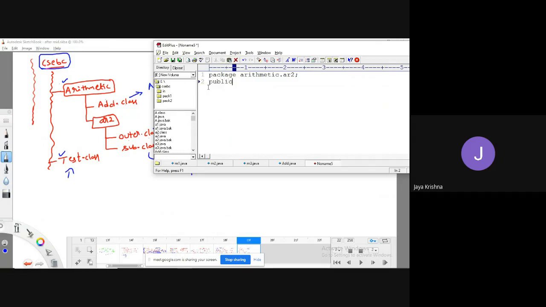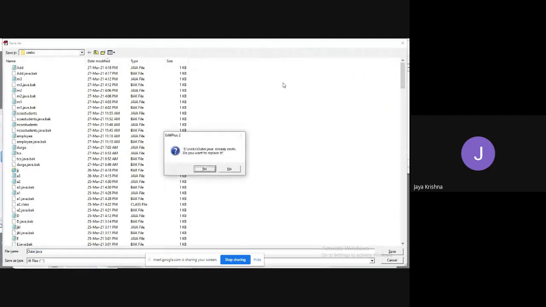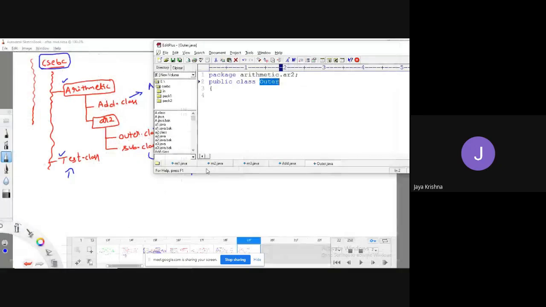Then I will take public class. Let me complete the outer class file. Control C, Control S, Control V dot Java. Outer dot Java. Okay, fine.